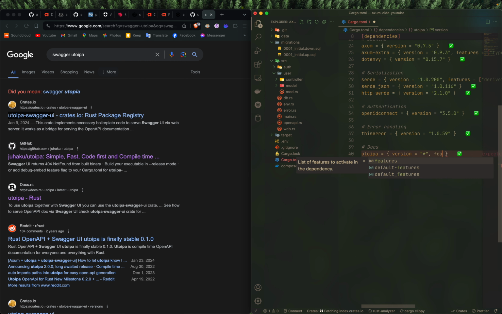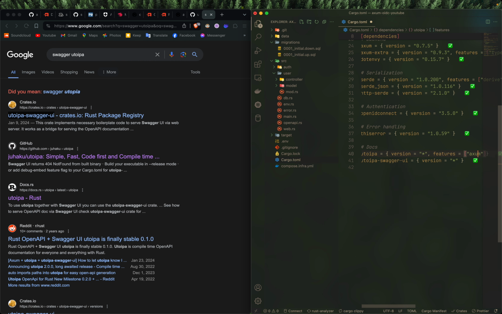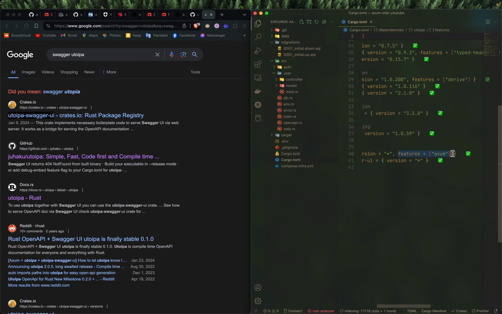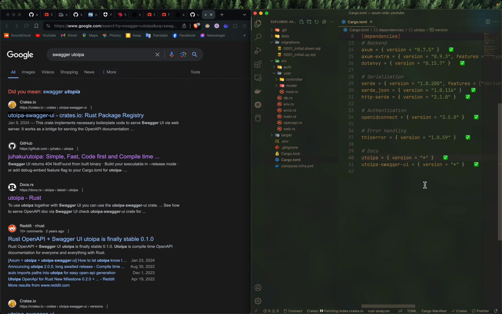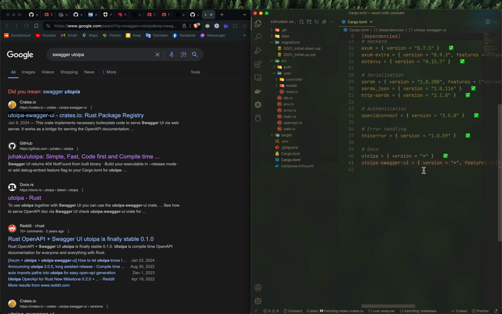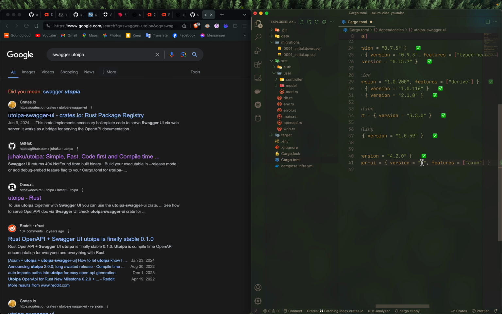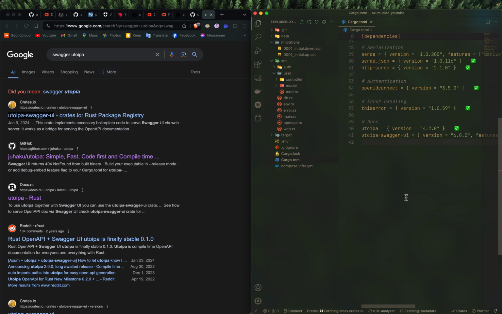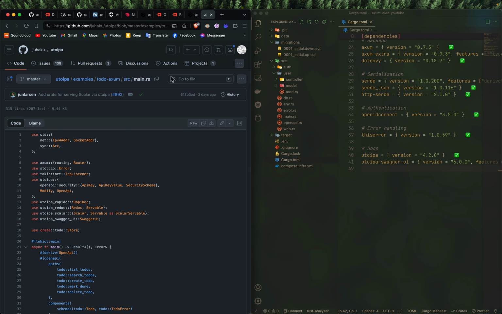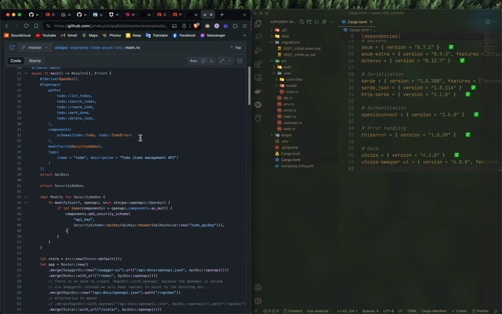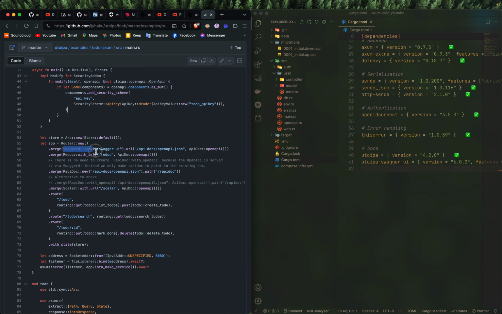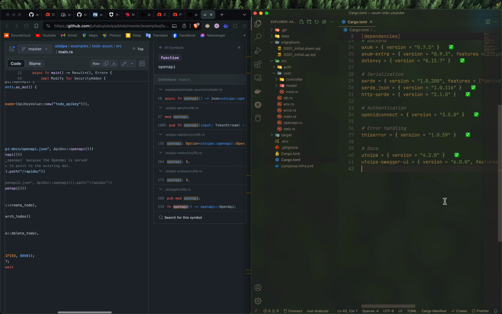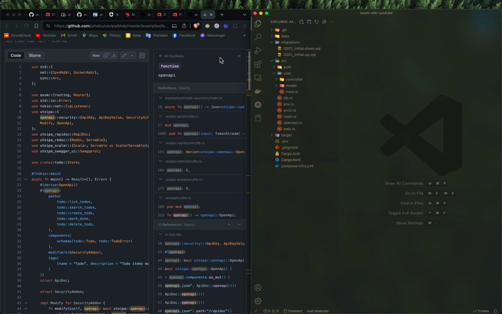We need to add support for Axum for this. It does not have features for Axum. So it seems like this one supports Axum. There we go. Cool. Now we can fix in the versions. From there, we're going to follow the examples. From here, you can follow the example, and you can see that here we're going to mount in the Swagger UI URL at API docs, and then finally ApiDoc::openapi. Cool. So now we need to write in the